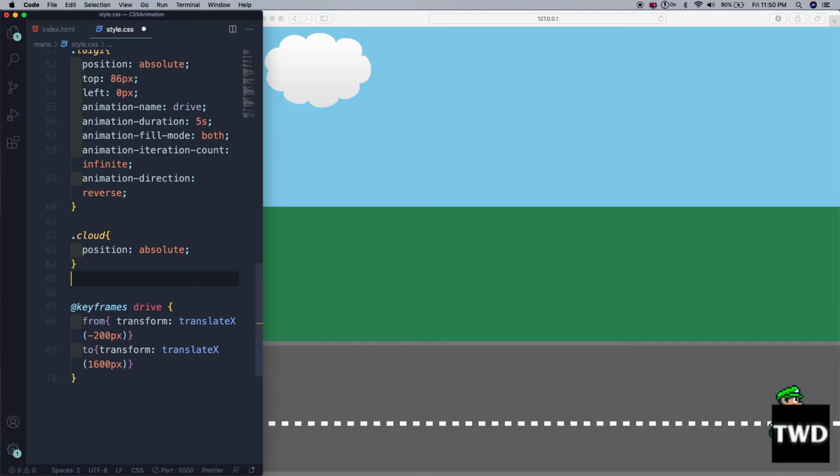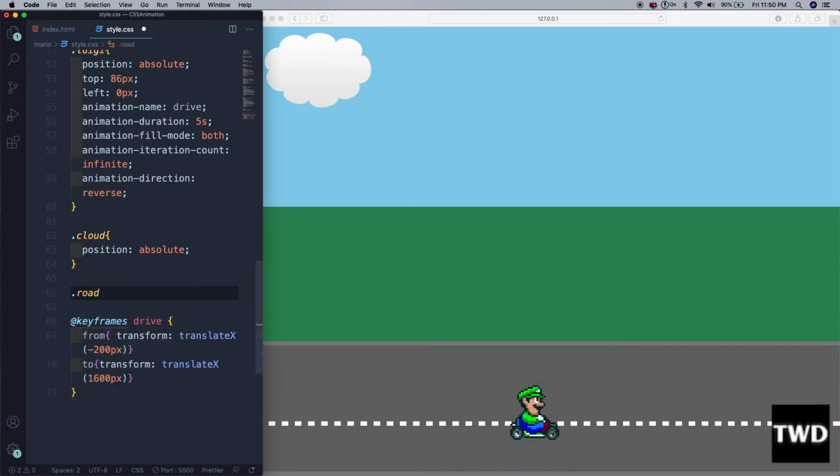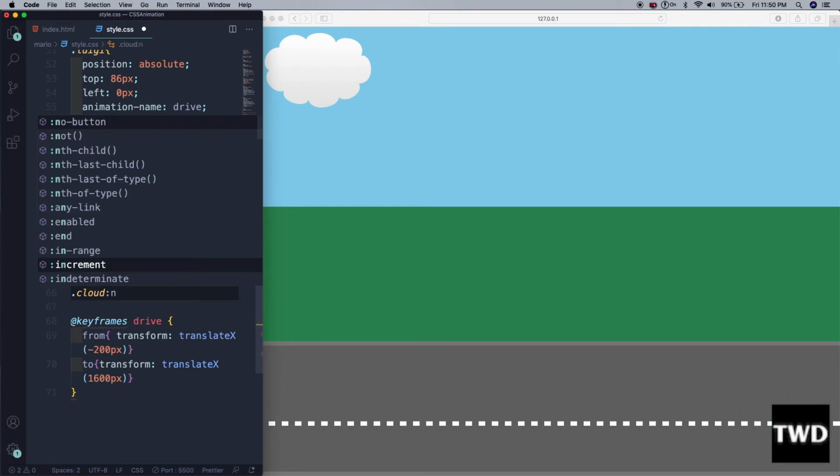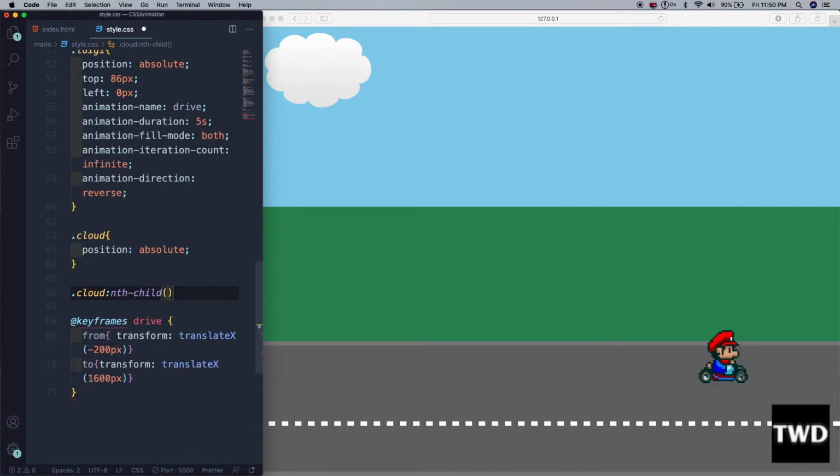So both are hidden now because both are at one place only. Dot cloud, not road, dot cloud. We are going to use the nth child and its child 1, so we're targeting the first cloud.